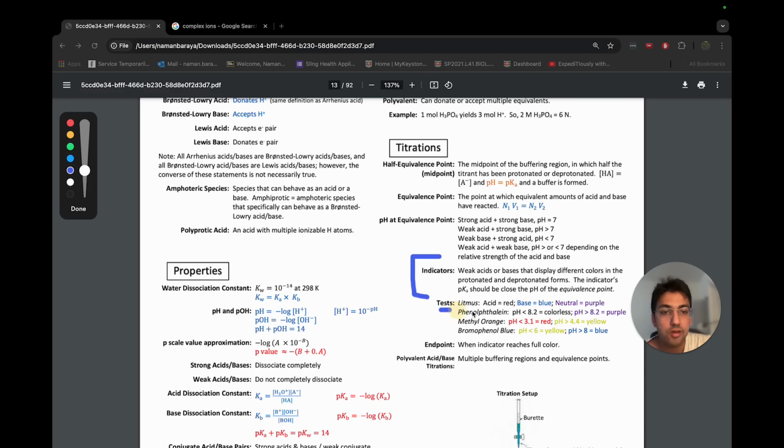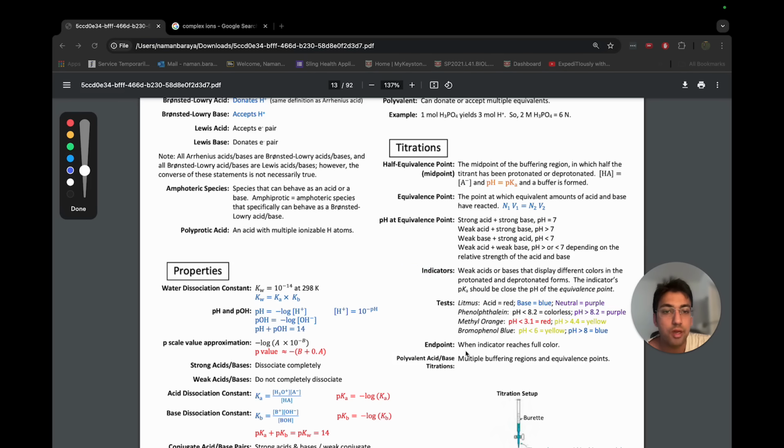These are tests that you can use, not too important that you remember all of these, but like the litmus test, acid is red, base is blue, neutral is purple. Again, not too important that you know this. Endpoint is when the indicator reaches full color. So basically, if we chose our indicator properly, endpoint should be somewhere close to the